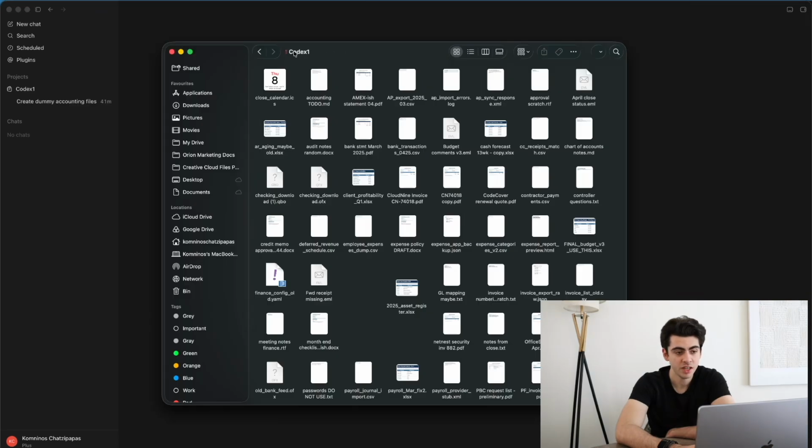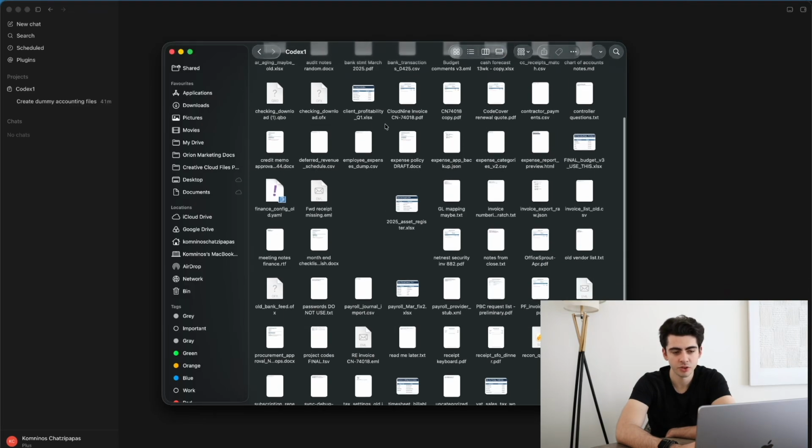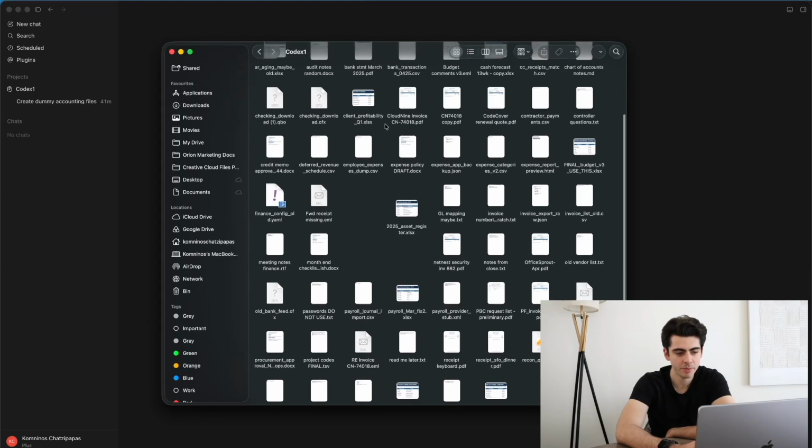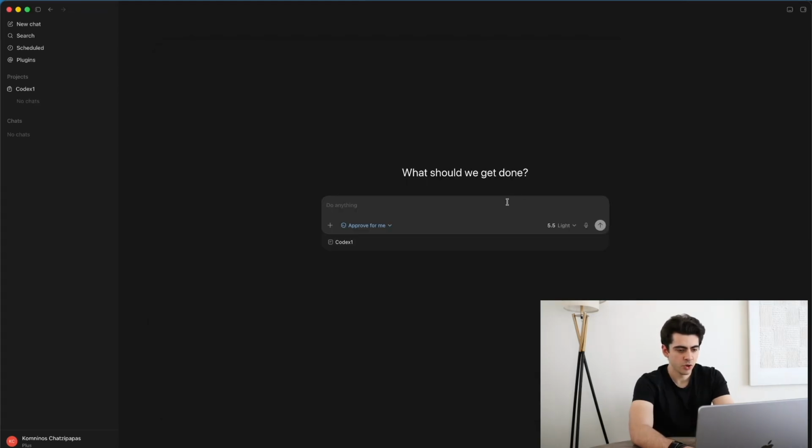So if you look inside the Codex 1 folder, I've just dumped a bunch of files, and these are actually dummy files. They're not from my business, but they're accounting and delivery files of a dummy software development agency. I'll now ask Codex to please organize my files into subfolders and give me a P&L